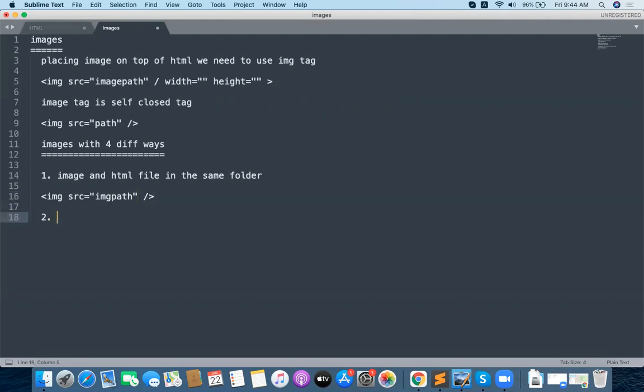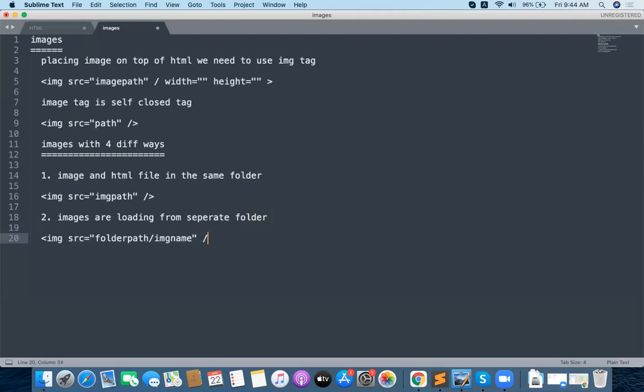The second case: images are loading from a separate folder. Suppose I want to put all my images into a different folder. Then the syntax simply changes: src equal to folder path, slash, img name.